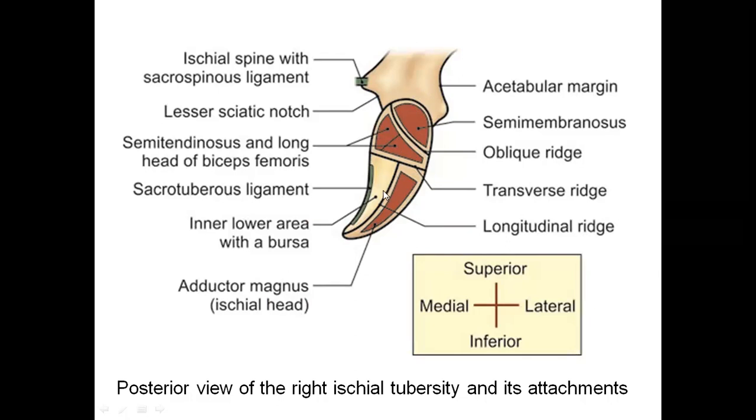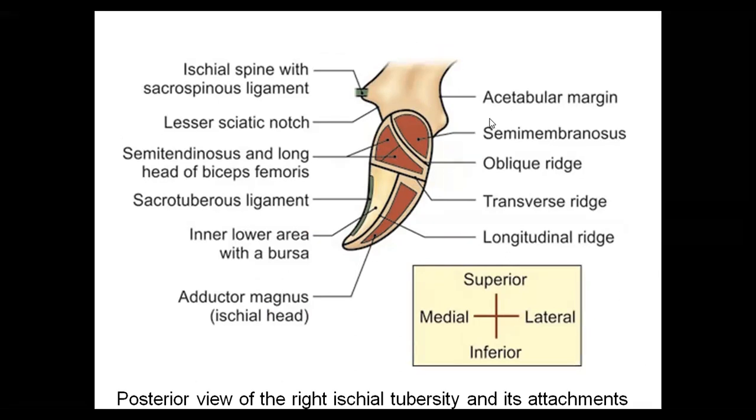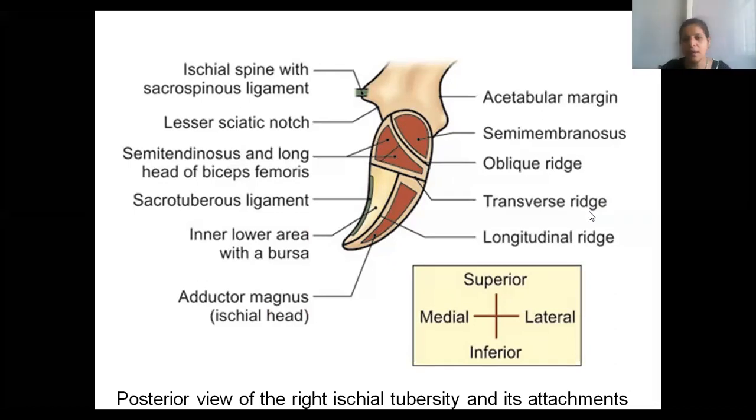Now let us see this ischial tuberosity. Let me show you simultaneously. See here, the ischial tuberosity has been divided by a transverse